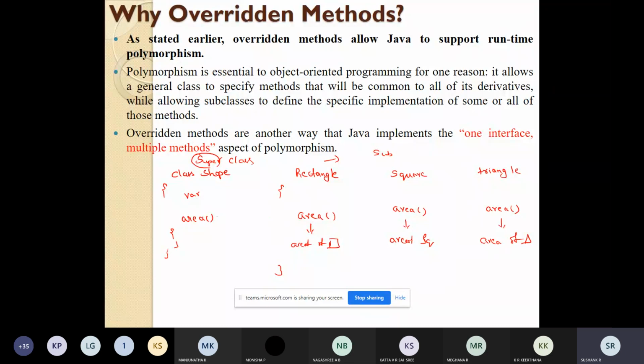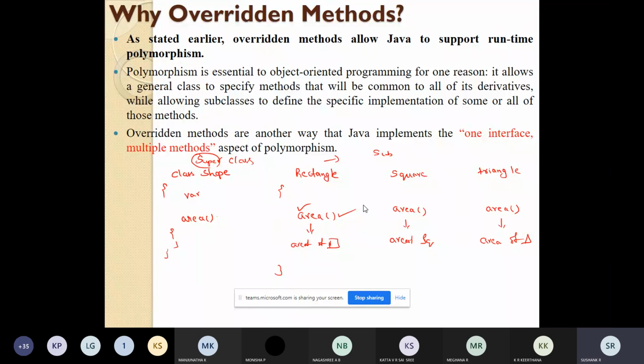So here the area function is getting overridden. In the super class the area function is there, and in the subclass the area function is also there, so preference will be given to the subclass function. These three subclasses have the same function name area, which was there in the super class.